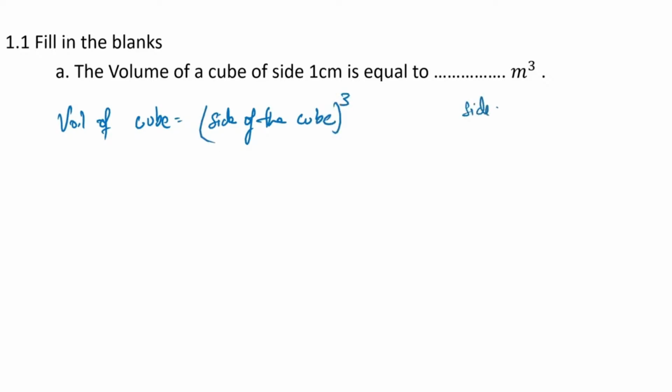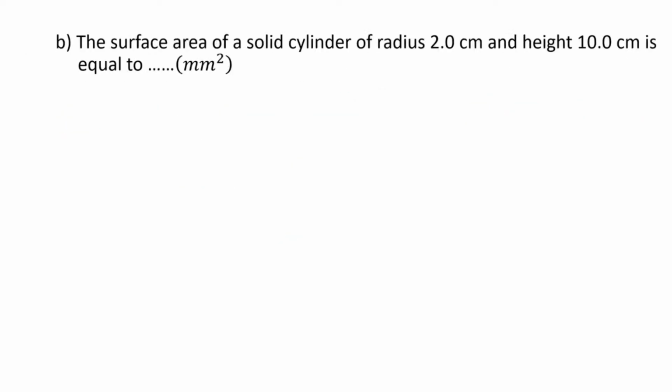First we will convert this centimeter to meter, which is equal to 10 raised to the power minus 2 meter. Now on substituting, we will have 10 raised to the power minus 2 meter, whole cube, which will result to be 10 raised to the power minus 6 meter cube. That will be the volume of the cube. Moving on to the next question, we have the surface area of a solid cylinder of radius 2 cm and height 10 cm is equal to how many millimeter square. So here again,